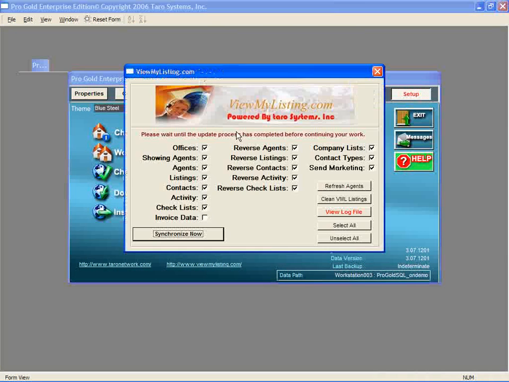The ViewMyListing.com option includes a button in the bottom left corner of the screen to Synchronize Now. This will sync all new information in ProGold with ViewMyListing and also sync information from ViewMyListing back into ProGold. The checkboxes across the top of the screen show the different areas that will be synced and the majority of the options are checked by default. The invoice data option should be checked when the invoices are ready to be sent to viewmylisting.com. When the Synchronize Now option is selected, the sync will take place and return you to the main setup menu